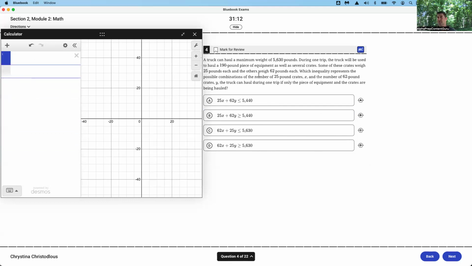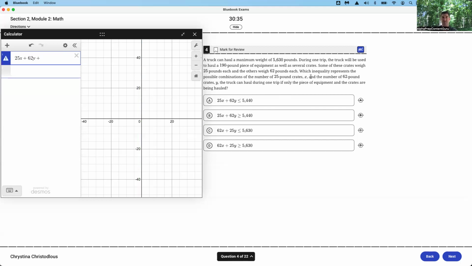All right. Truck can haul a maximum weight of 5,630 pounds during one trip. The truck will be used to haul a 198-pound piece of equipment as well as crates. Some of the crates are 25 pounds each, others are 62 pounds. Which inequality represents the plausible combinations of the number of 25-pound crates X? Cool. So if I have X crates and each of those crates is 25 pounds, and I have Y crates, and each of those crates are 62 pounds,